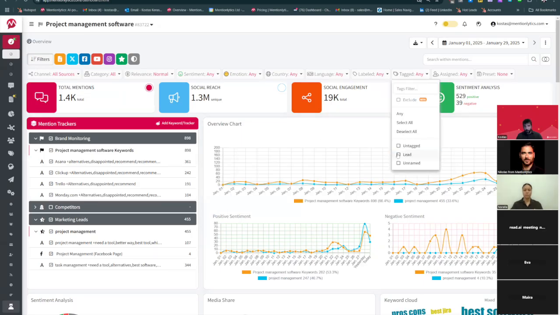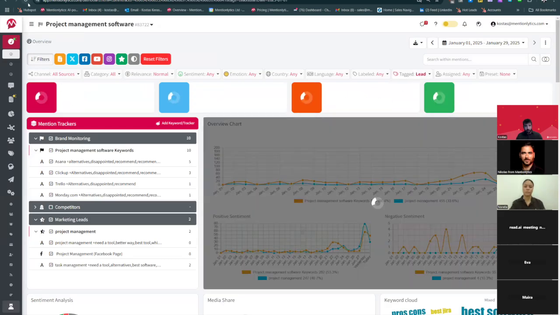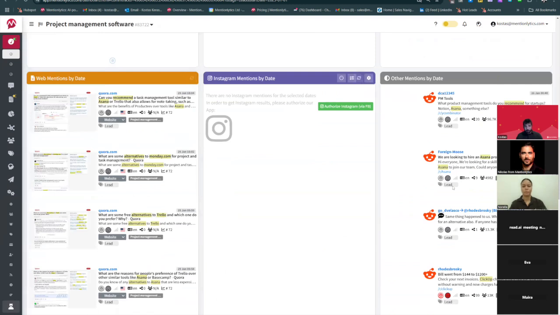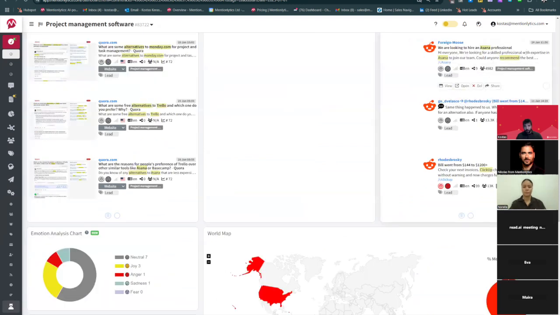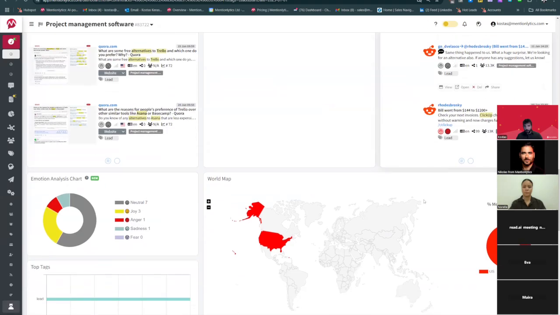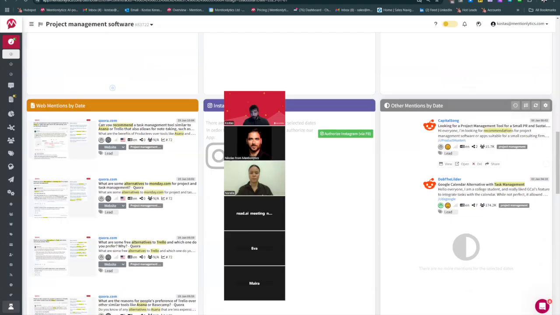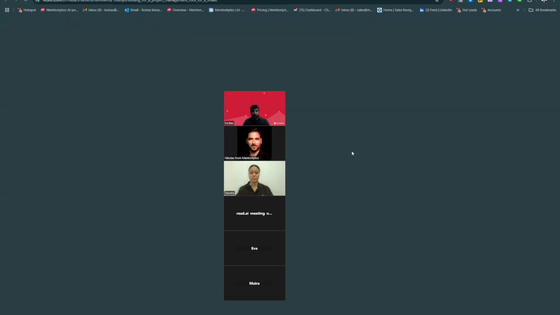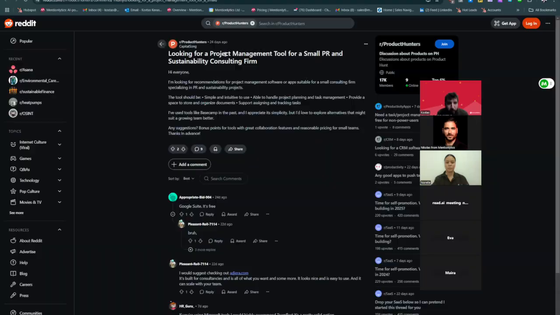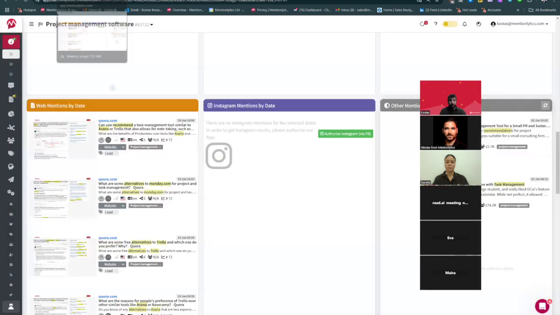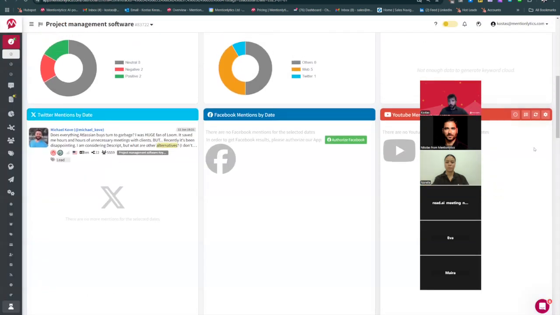Let me put it again. All right, so for the timeline I have set, there are these 12 leads. Everyone was looking for a skilled professional with expertise to join our team. Okay, this is super relevant. Another is looking for a combination of project management software. So this is another thing that we were able to identify due to our automation. Someone is looking for a project management tool for a small PR and sustainability consulting firm. Again, people are asking and giving advice for various solutions. So this is another thread that we can engage directly, and it's the same logic behind it.